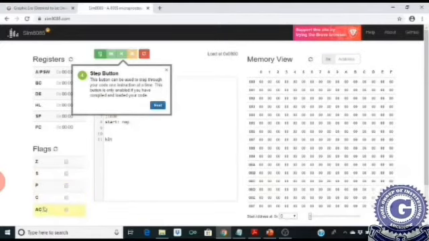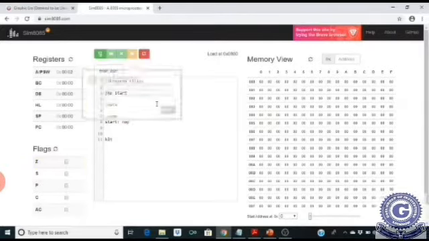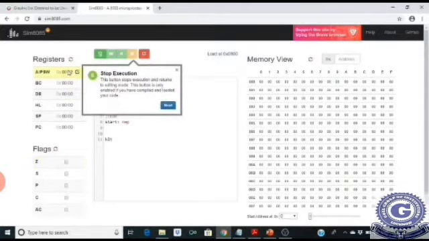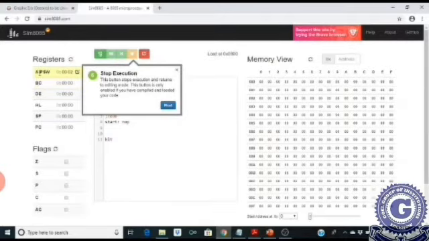If a flag shows one, that means it is set, otherwise it is reset. You can change the value of these registers A, B, C, accumulator, D and HL, but not these two, stack pointer and program counter.